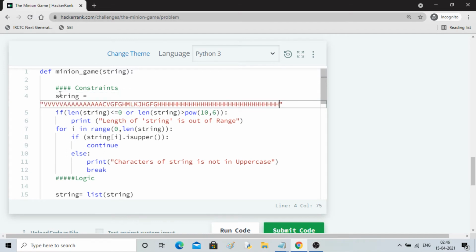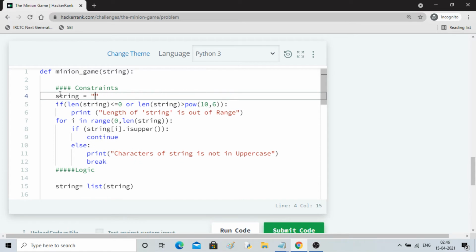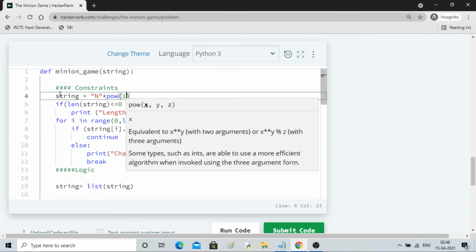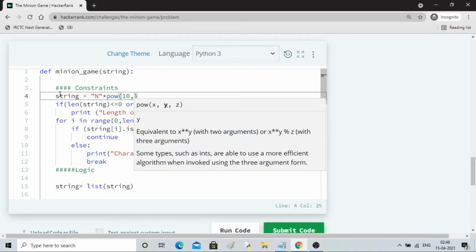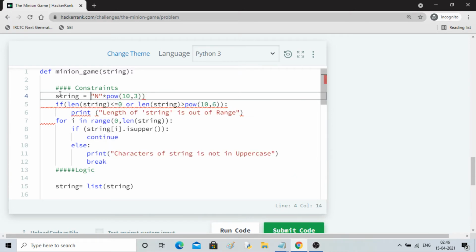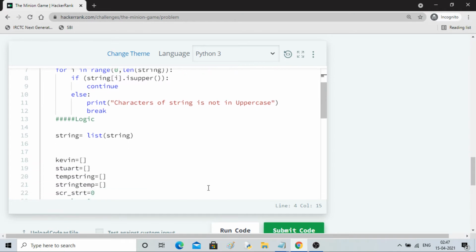Or maybe I can do it like this: I'll write n and multiply it by 10 to the power 3, let me say 1000. So it will be a giant string which has only n, 1000 times. This is also a string. You can play with this string as well, right? Only words from n will be made. See what will be the problem.